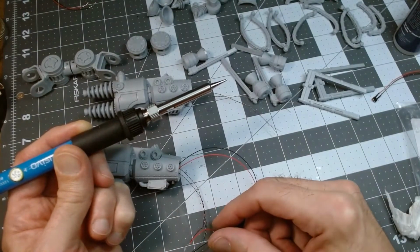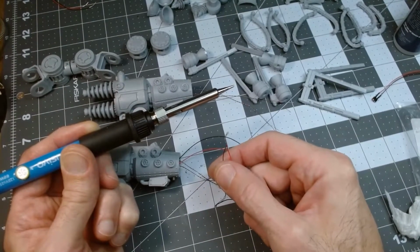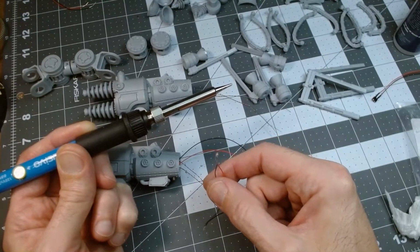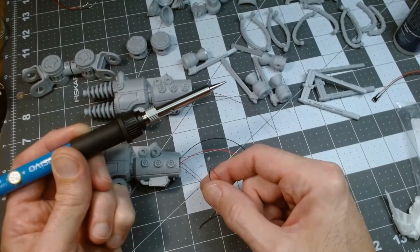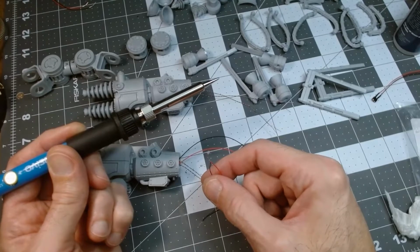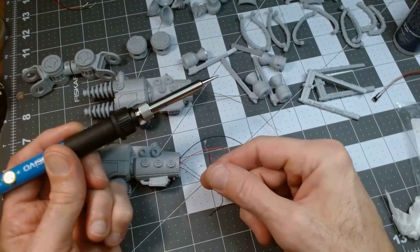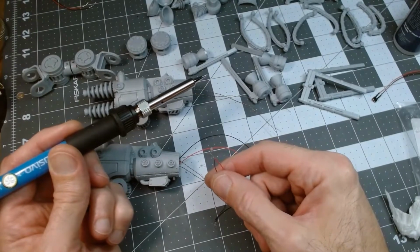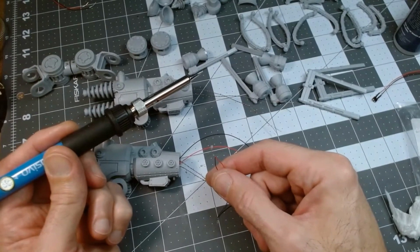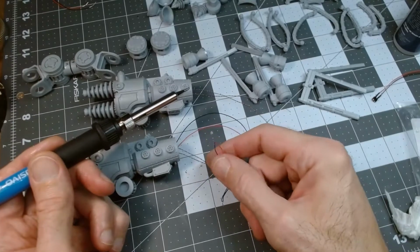A bigger tip, like a chisel tip, with maybe a big gauge or a smaller gauge wire, may need a higher temperature. So it comes down to, again, from what I was reading and haven't really done a whole lot of experimenting, that as you do this, you want to have the soldering iron set essentially as low as possible to get the solder to pull into the joint. So that being said,